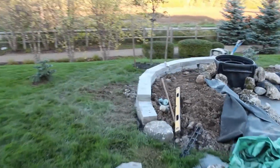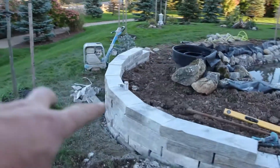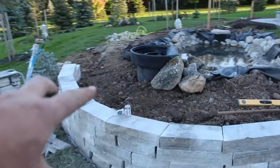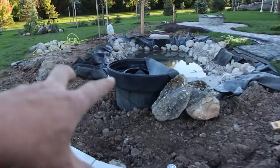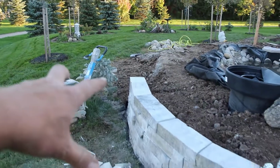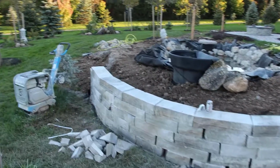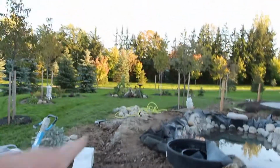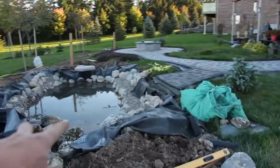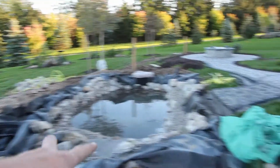We put in a small wall here that I got to fix the caps a bit, but basically this allows us to slope some soil up to these rocks around this waterfall basin. But this wall just got to be dressed up a little bit. Got some more rocks to put in the pond, got to dress the pond up. That'll be tomorrow, and then we can start bringing in some nice soil and some boulders to go around the